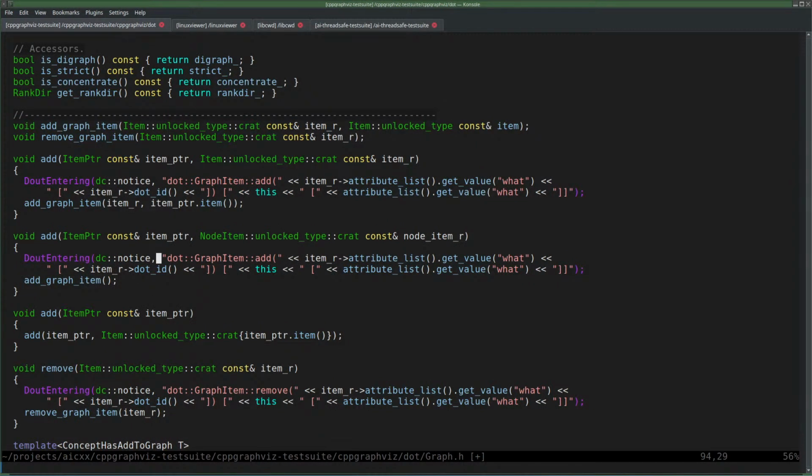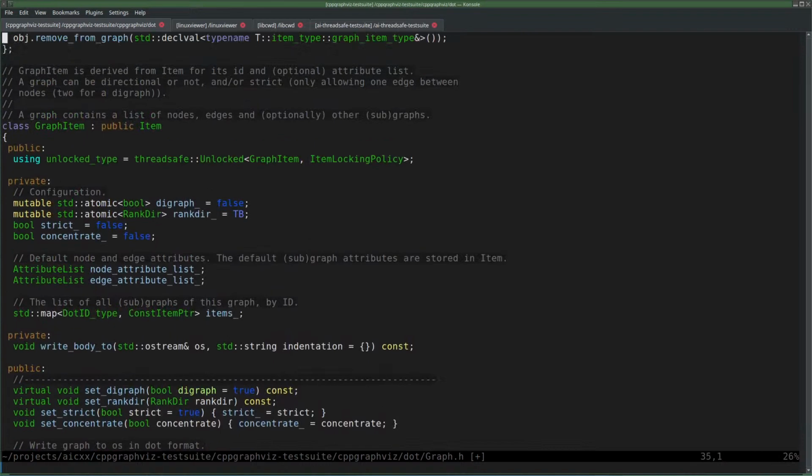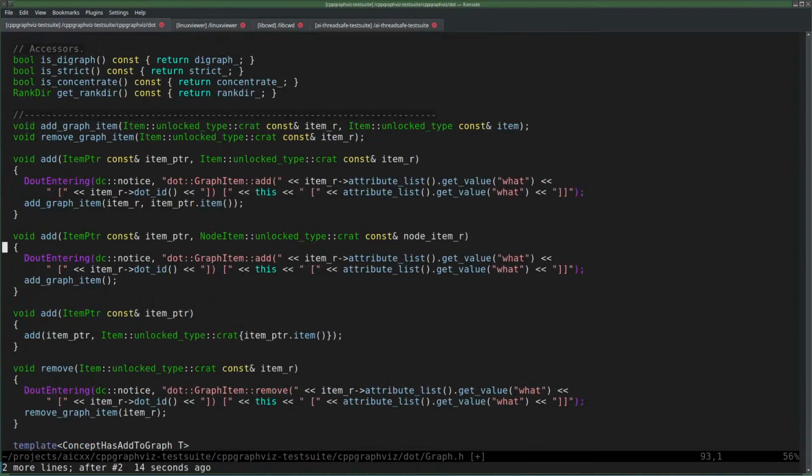Notice this is dot graph item. This graph item, of course, this graph item. Item R. No, I'm only showing the what, even though we have two elements here. But yeah.